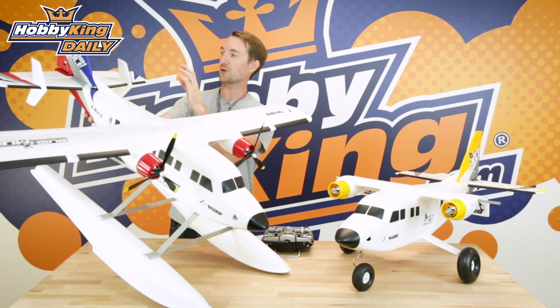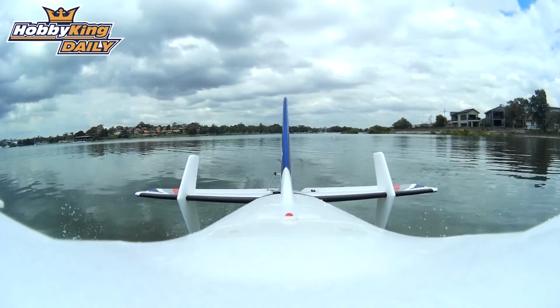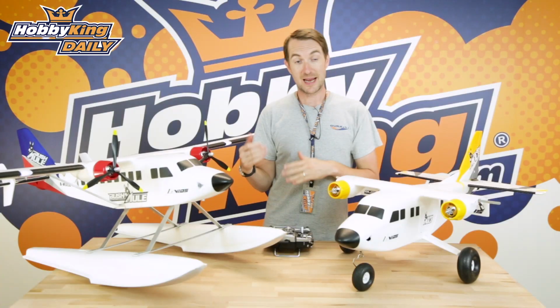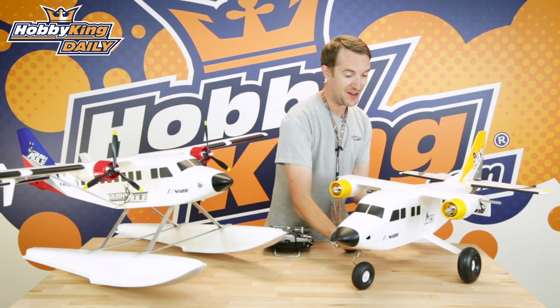Now whilst I've got the tower up, you'll notice these additional fins. These are included for the floats because they just give it extra stability on the water when you have the float option installed. Now getting back to the out-of-the-box version, which is the ROG version,